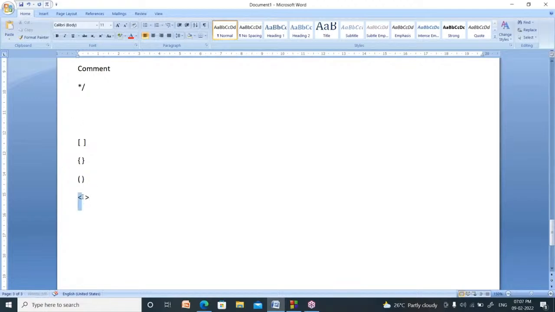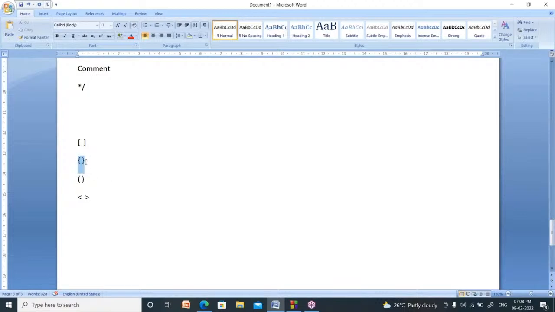I used the angular brackets to include the header file: hash include stdio.h, written within the less than and greater than symbols. That is one type of bracket. After void main, you use the round brackets, which indicate a function.